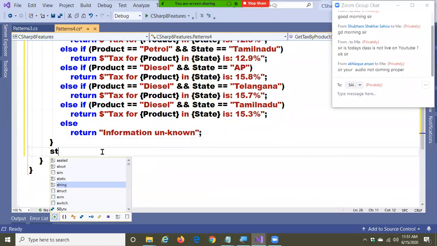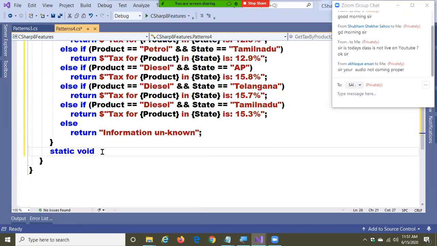Now let me come to the main method. Static void main.